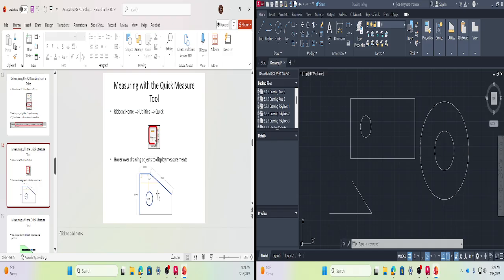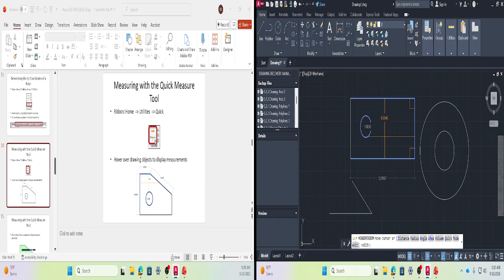Okay, moving on. So then the measure, quick measure. The quick measure option is again here. You go on the measure, the first thing is the quick measure. Anywhere you are moving the mouse, that cross here in this case, it would be showing you the value of whatever you are trying to measure, or whatever the crosshair is inside. So in this case it's inside the circle, and this 1.085 is showing you the